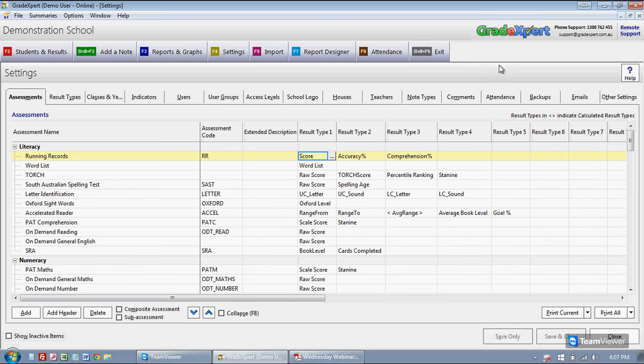Let's say we needed to set up a new test, and we'll call it reading test, reading 10 paragraphs, for example. So we want to set up a reading 10 paragraphs test, and we want to mark that in a number of different ways. Firstly, we want to record how many paragraphs the student read out of 10. Then we want another result